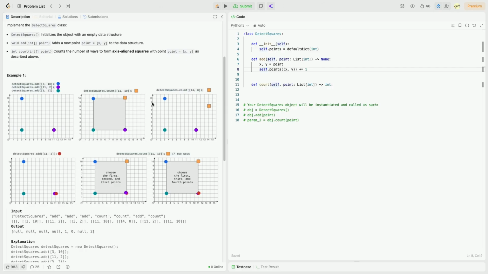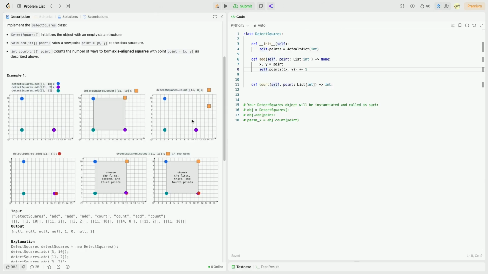Then it becomes very easy to look up all the different y values for a query point that we have. Because the query point needs to be aligned with either the x or the y axis. Right? If there's no other point that has the same x coordinate,